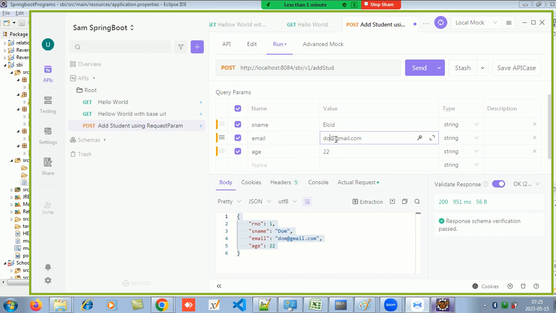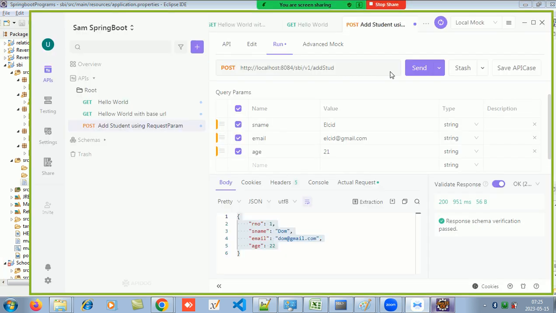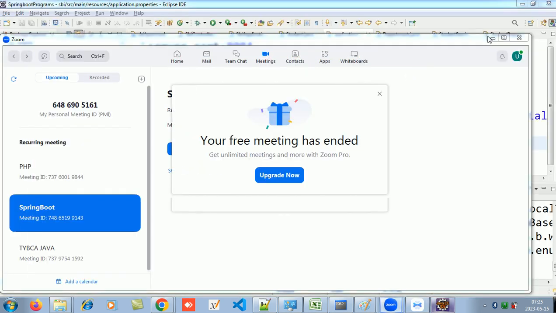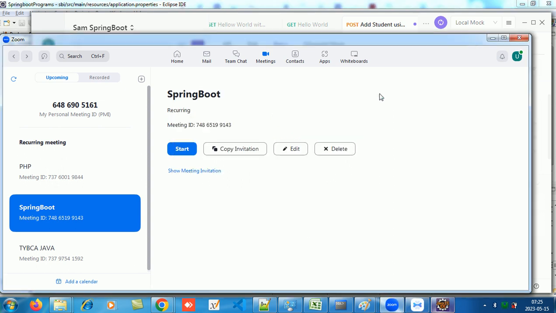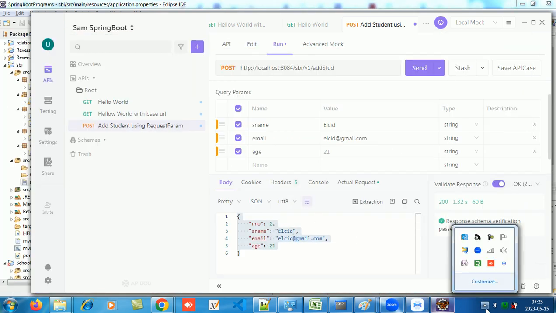एलसिड, एलसिड जो है वो 21 ईयर्स की। एप्लीकेशन मेरा शुरू हो गया है, सेंड किया, अभी देखो 2 आया।